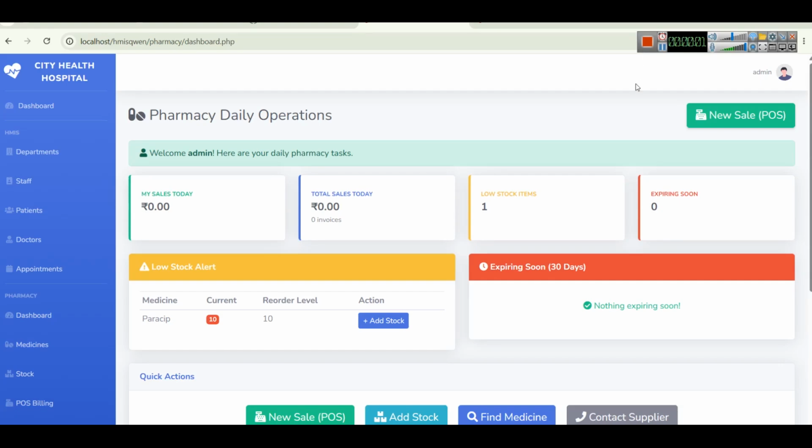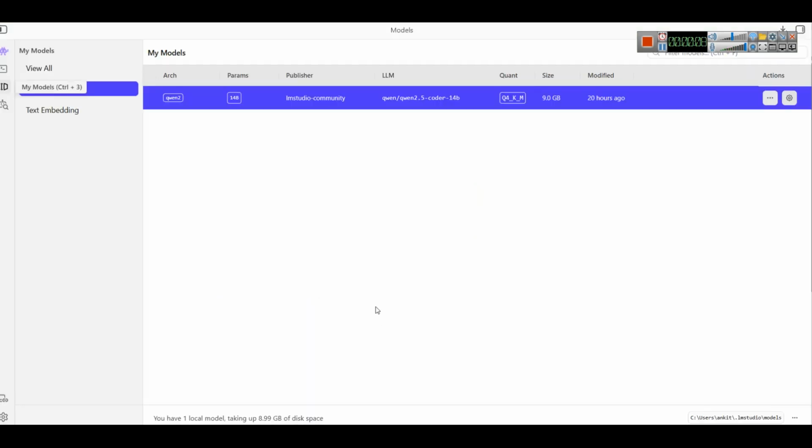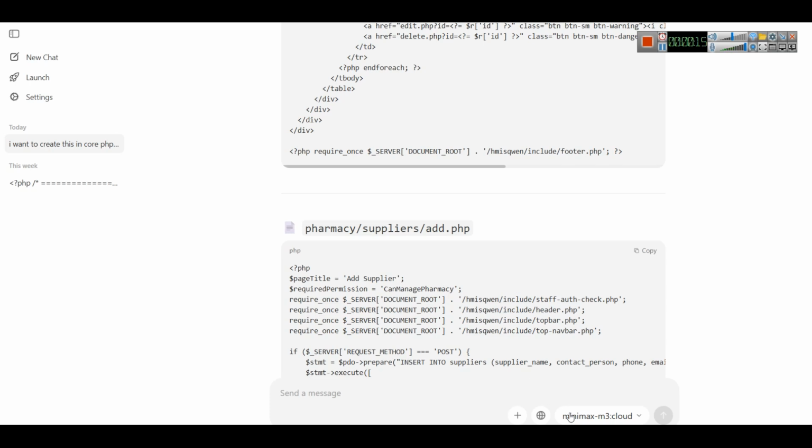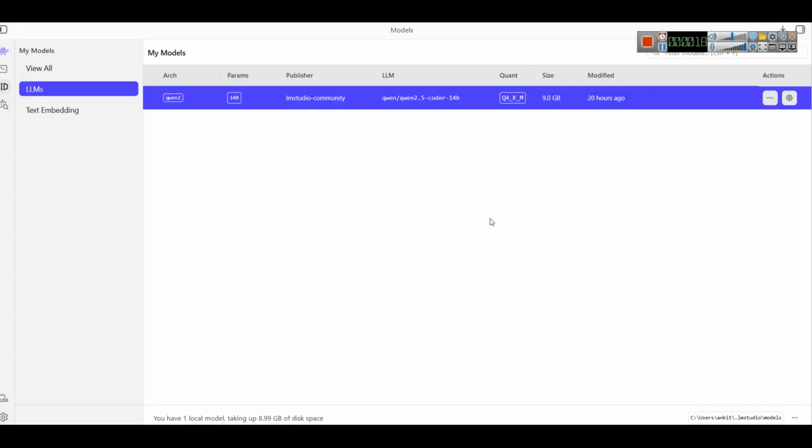So guys, if you want to create some ERPs and you are looking for a solution, an AI model that you can use for your coding task, like I am using Minimax here. But you know that all the cloud-based models, like Claude or any different models, are paid, or they give you a small credit. But let's say you have a decent PC, like I have a PC with 16 GB